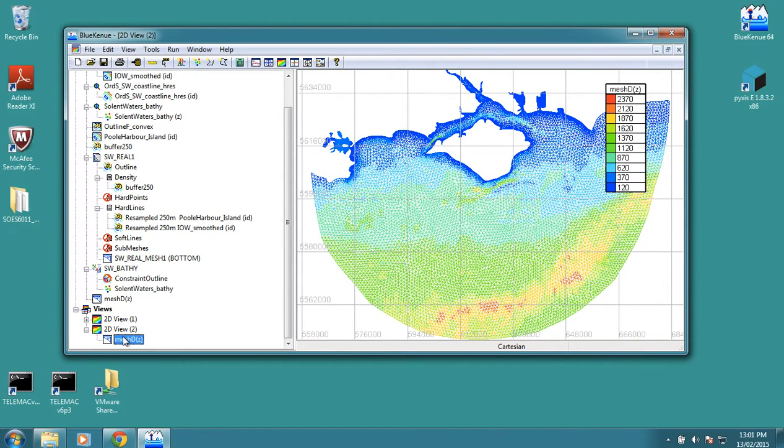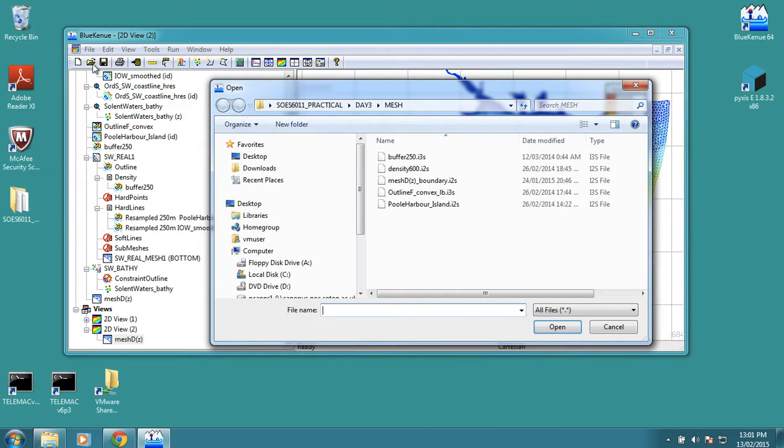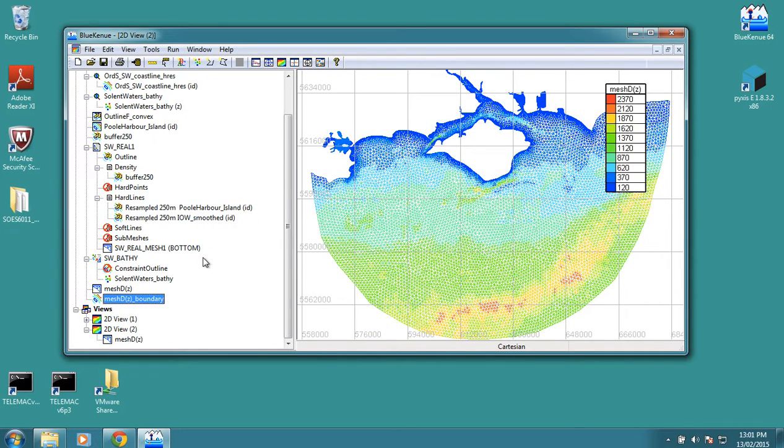Okay, now what we can do is use this new mesh and bring it into the density of our area. However, we're not going to use all of the mesh, we're just going to use a subset of that mesh to define the density. So we're just going to use this kind of upper area up here. So if we click on open, if you select this mesh DZ boundary file, and if you just drag that in, we're just going to use the mesh within this sort of area here, where we've got nice high resolution